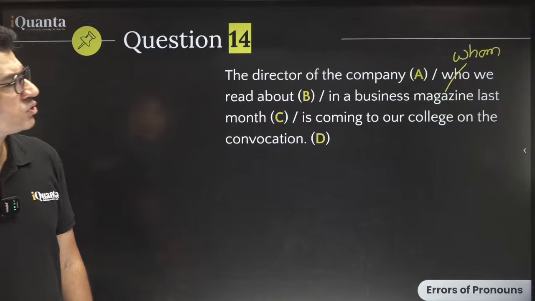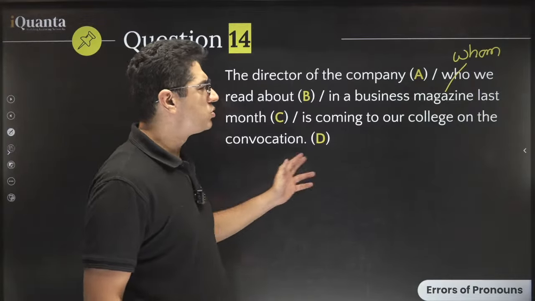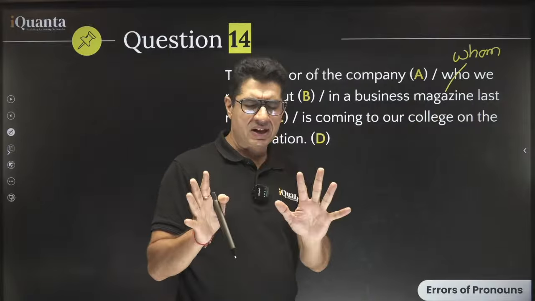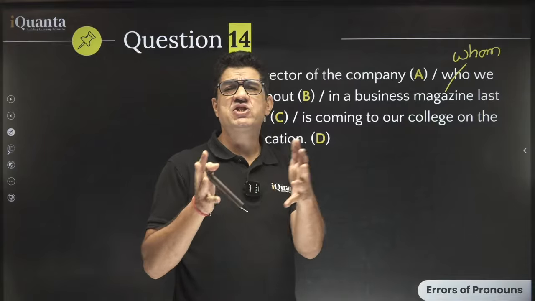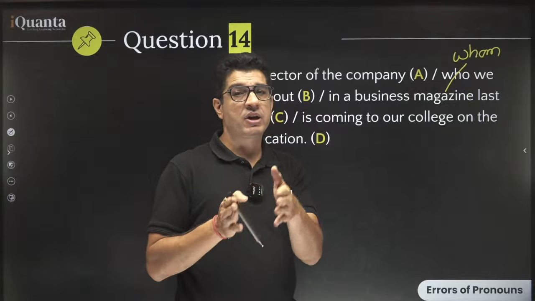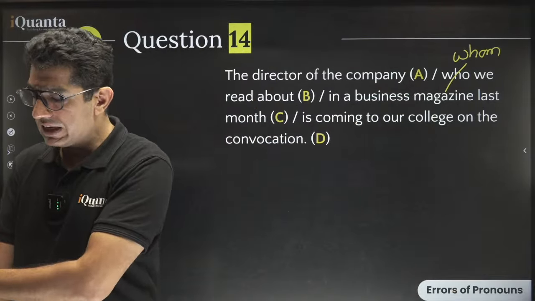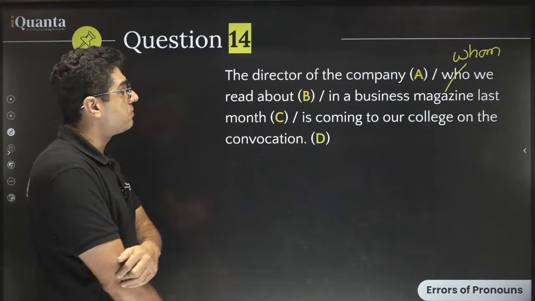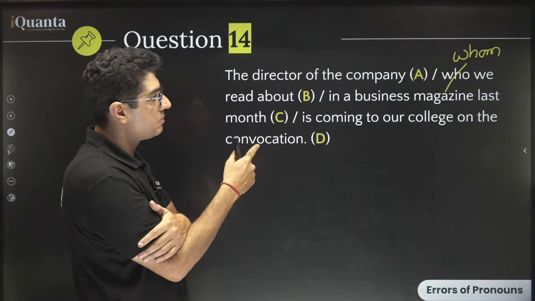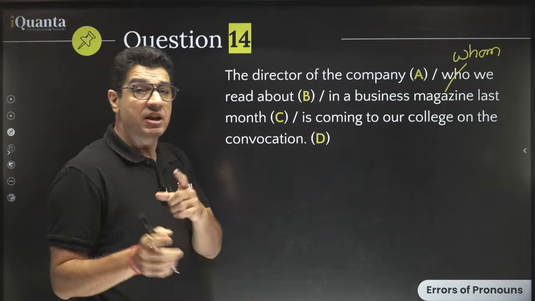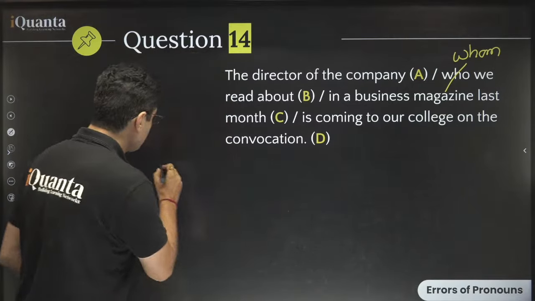So when it comes to convocation, you can use on, you can use for, both are right. Both of them will change the meaning slightly, but it's not that on is incorrect, but this who is definitely incorrect. So the director of the company whom we read about in a business magazine last month. Now what is the strategy? So you know that who